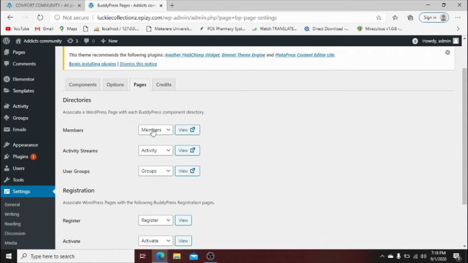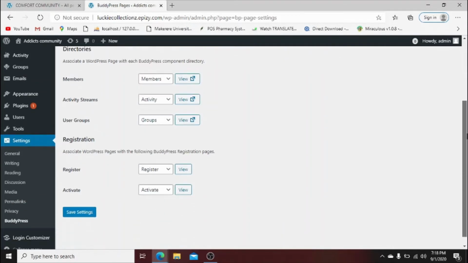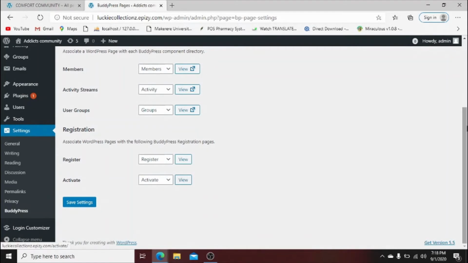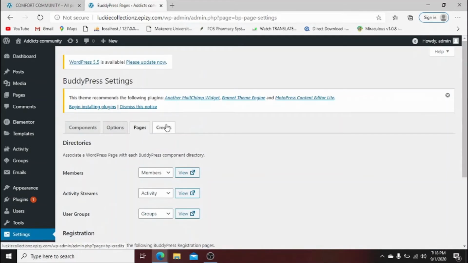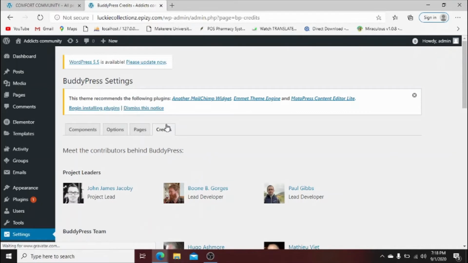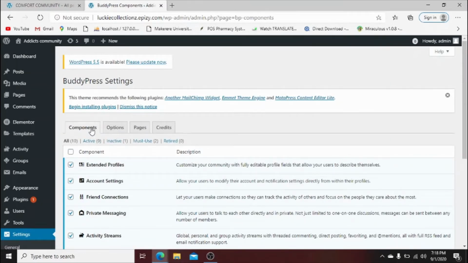So your members page must be assigned to the members, and then the activity stream must be assigned to activity stream, user groups to groups, and then register to register. So if it's like that, just credits. These are people who created this beautiful plugin. So when we're done with that, we are going to insert an already made template into our